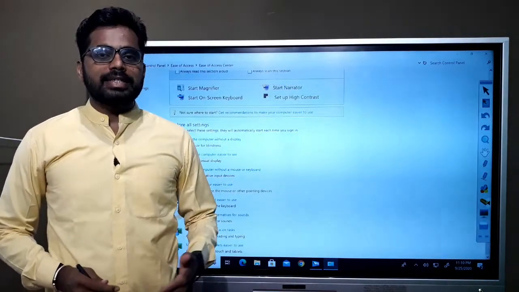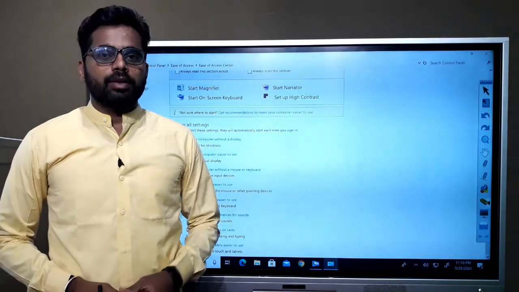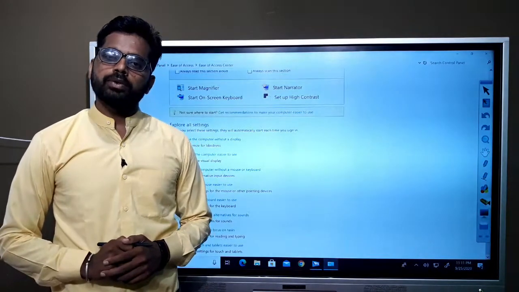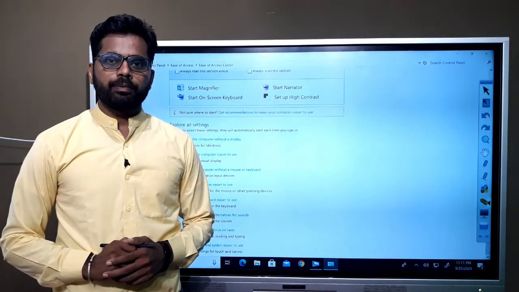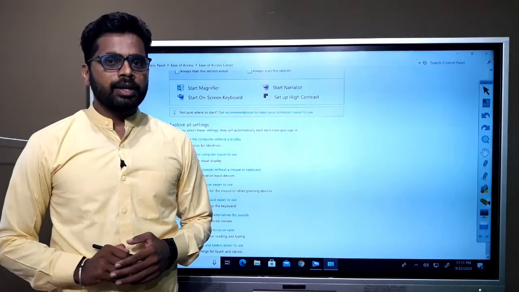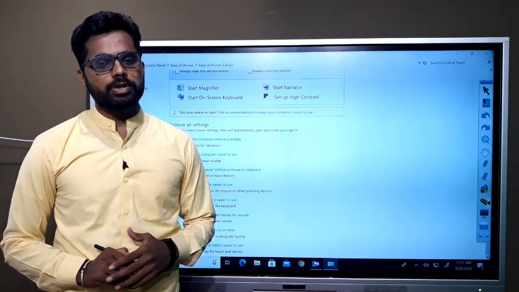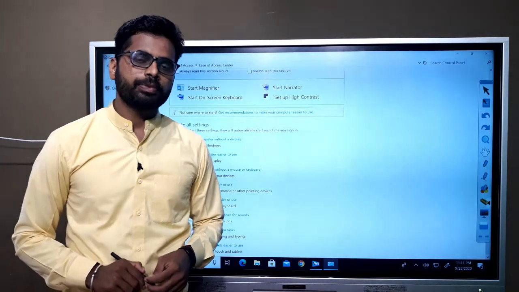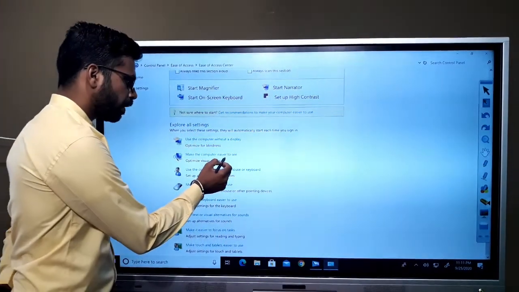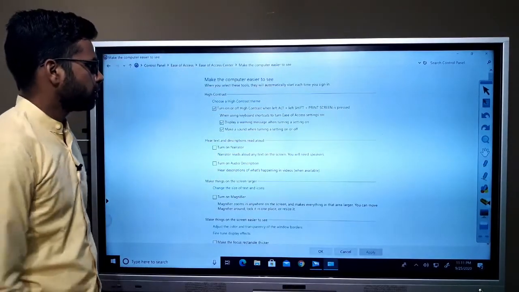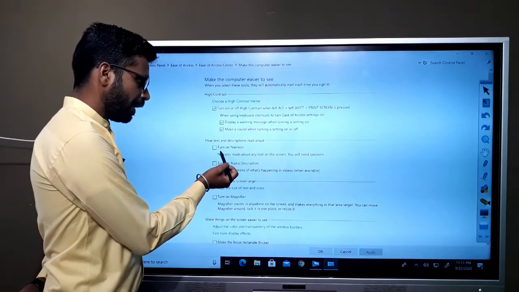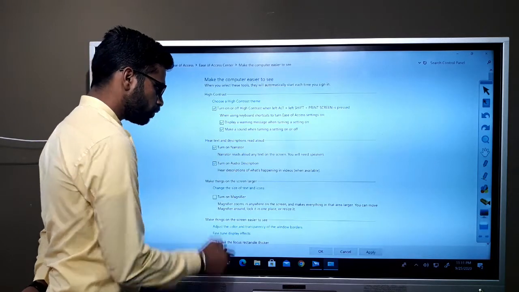Now let's see the next option, make computer easier to see. If the computer user cannot see properly, or maybe is color blind or has low vision etc., in that case he can use this option, make computer easier to see. So let's see how this option works. Make computer easier to see. Now the first one is turn on narrator and turn on audio description. If we turn on this option,